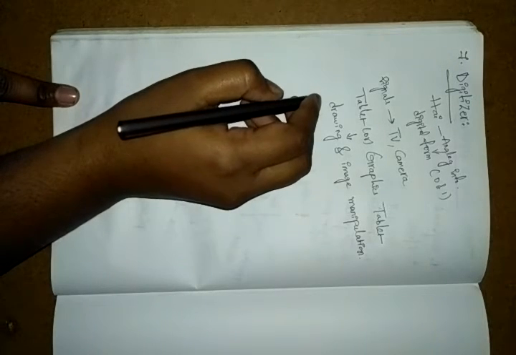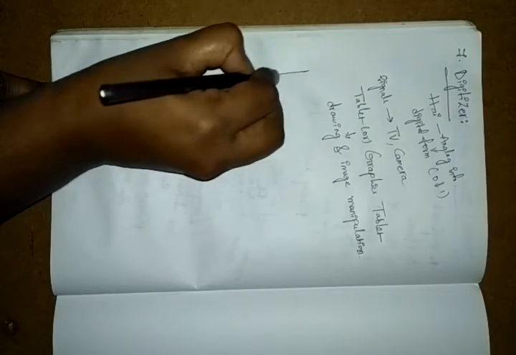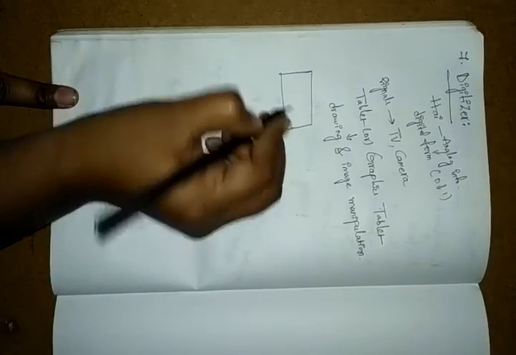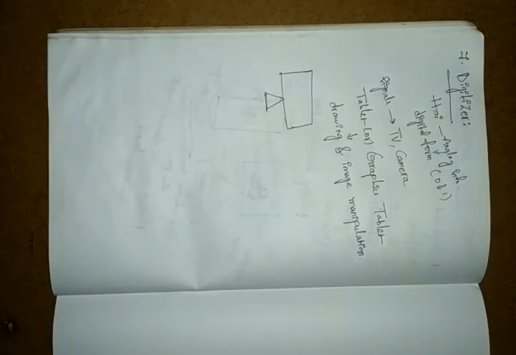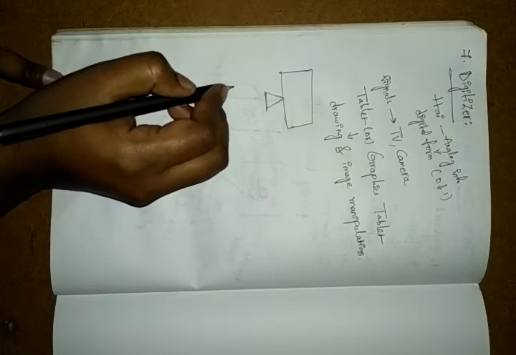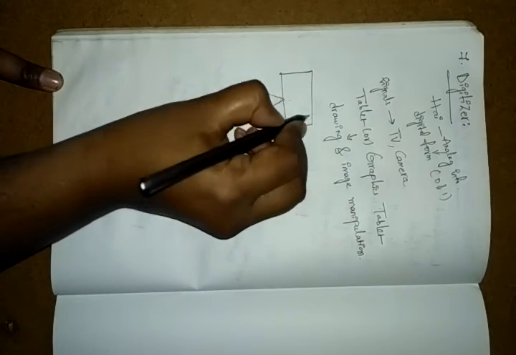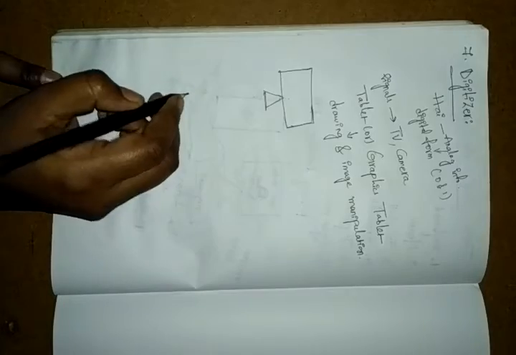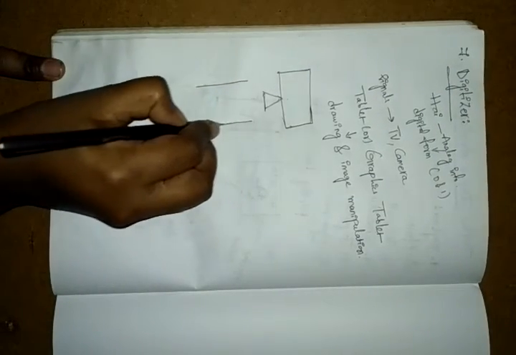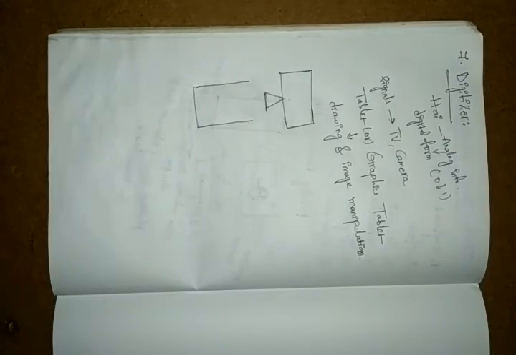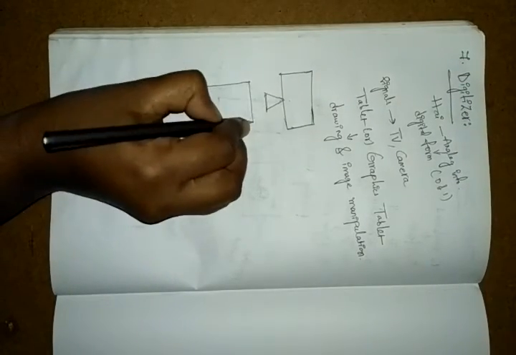We have digitizers, and I will explain the two types we have. Just see this. First see our computer. I'm not writing any CPU, so I'm directly placing one computer. In front of this, this is our monitor screen, I'm placing one digitizer. This digitizer is in a flat surface manner.